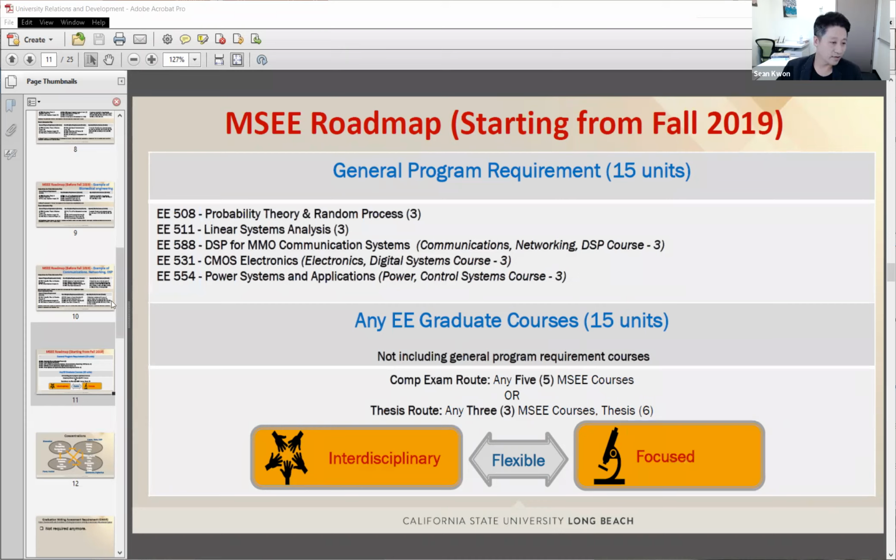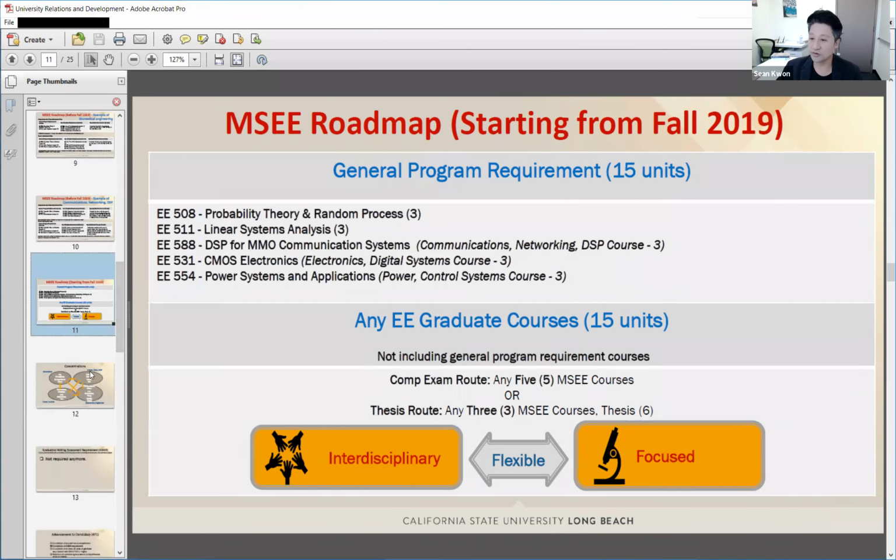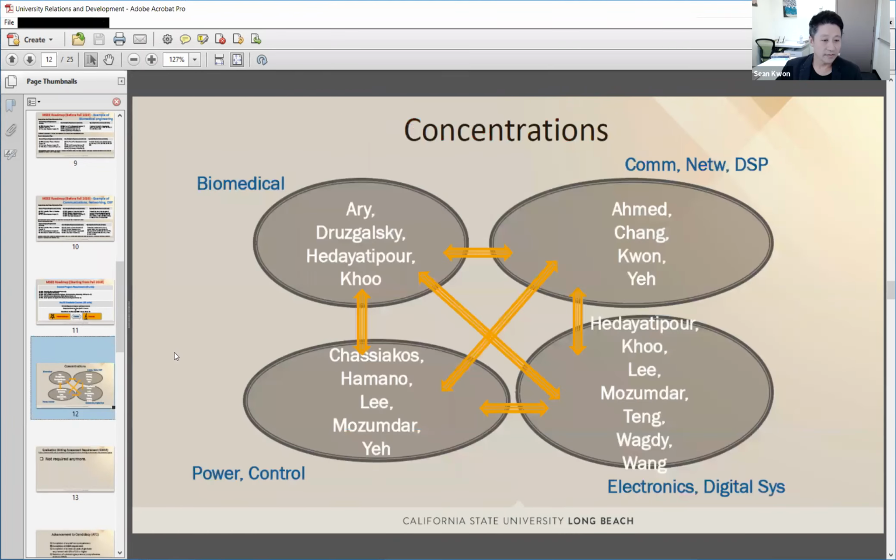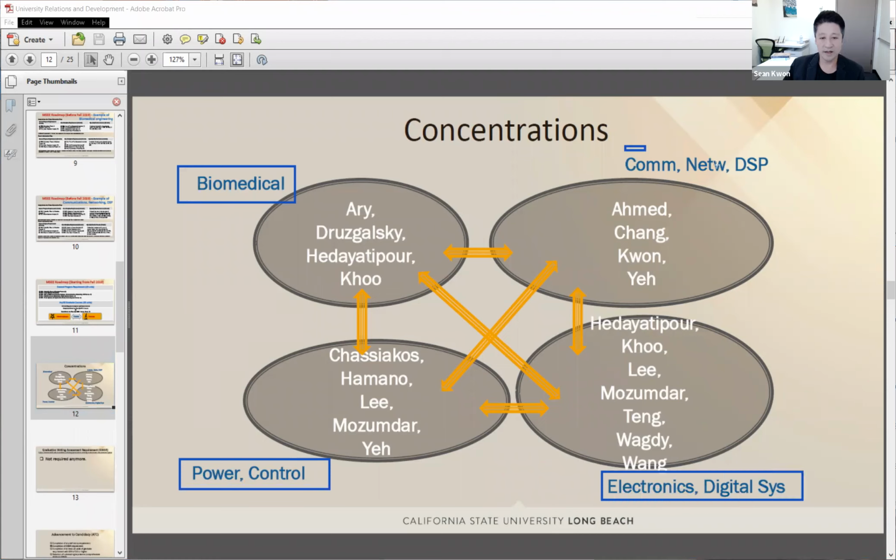Let us move to the next slide. It is also related to the questions from Eric. This slide shows the professors in our EE department, depending on your emphasis. Biomedical, power and control, electronics and digital system, communication, networking, and DSP.